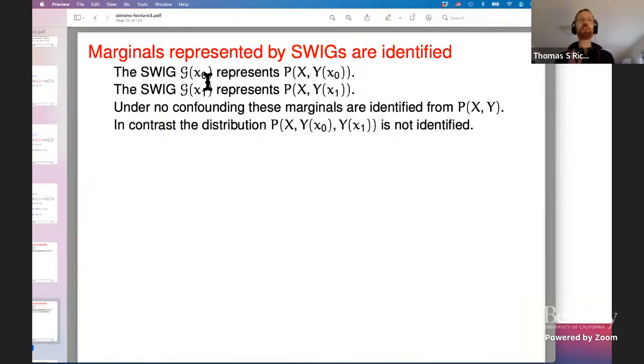Sorry, yes, in contrast, if you're a graphical person, is that where I stopped? Yeah. If you're a graphical person, you might say, well, wait a second, we've got these three random variables, x, y of x0, y of x1. Graphs are great. Why don't I just try to use a graph to represent the joint distribution over these random variables? And that is